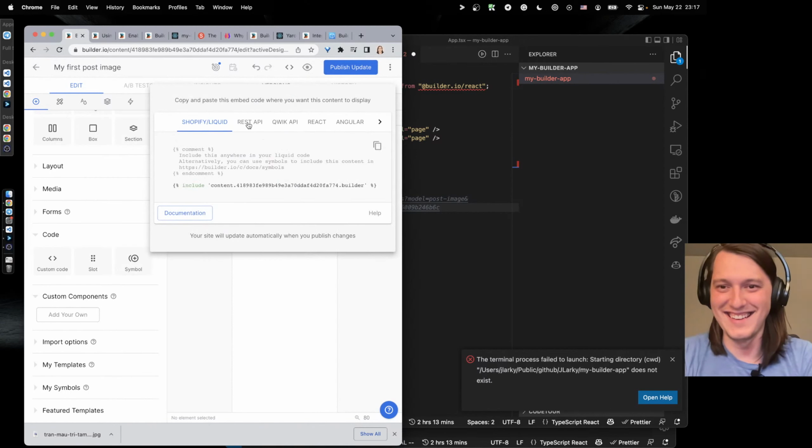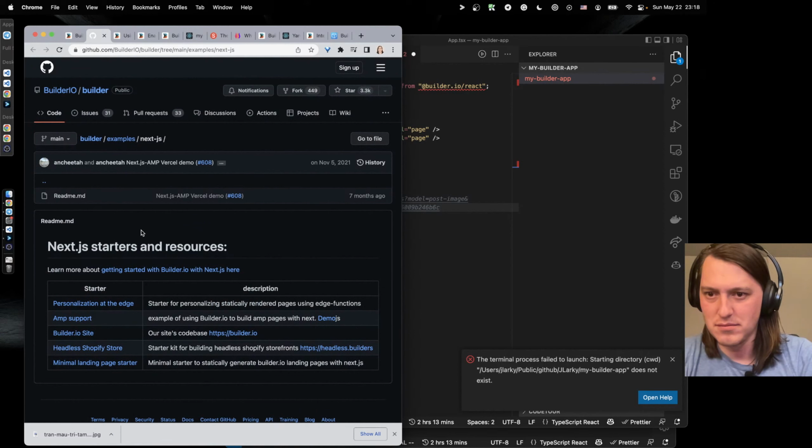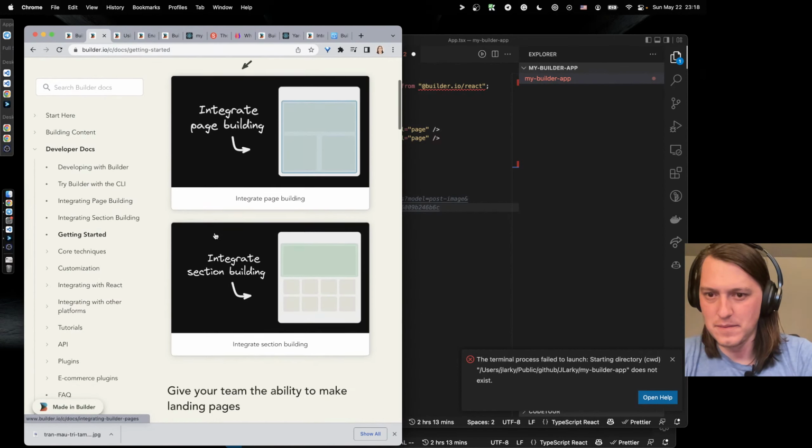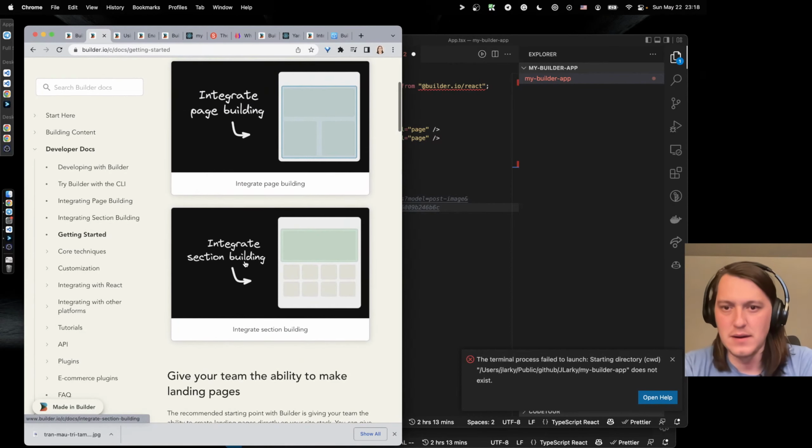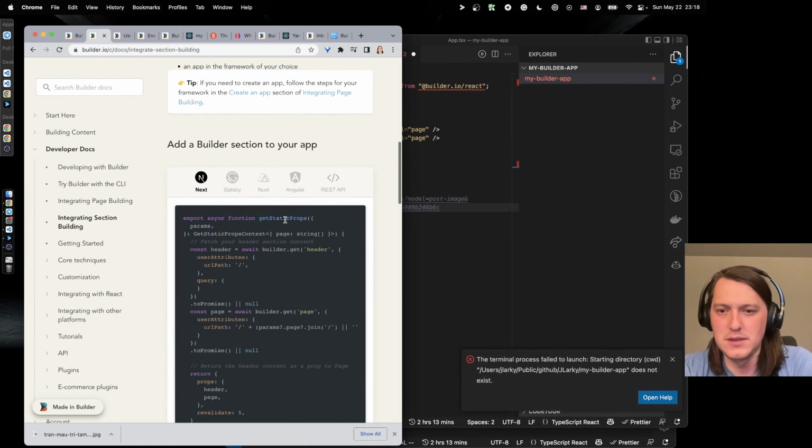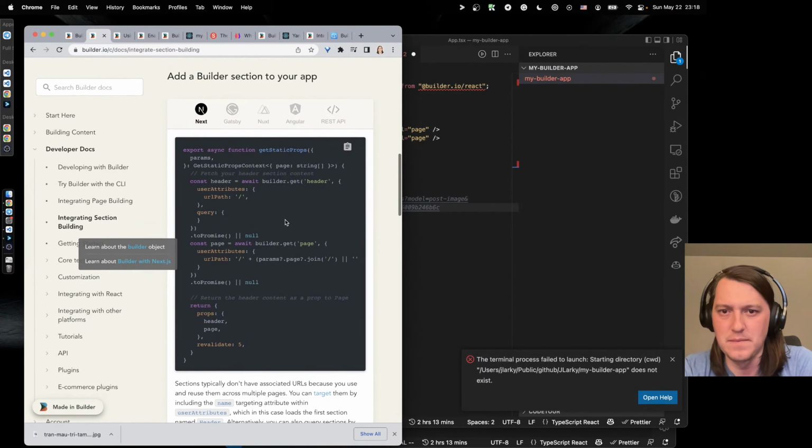Oh, builder side. Okay, so this and next. So builder section of your app. I really want it. Okay, so I think.